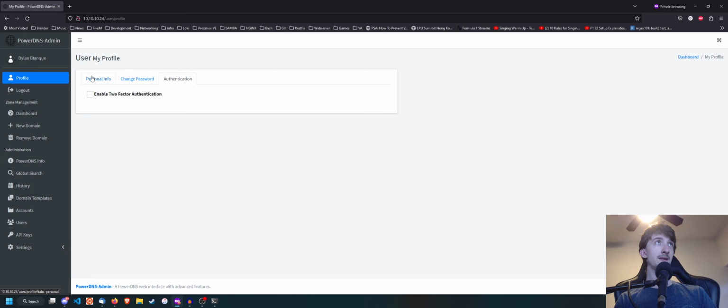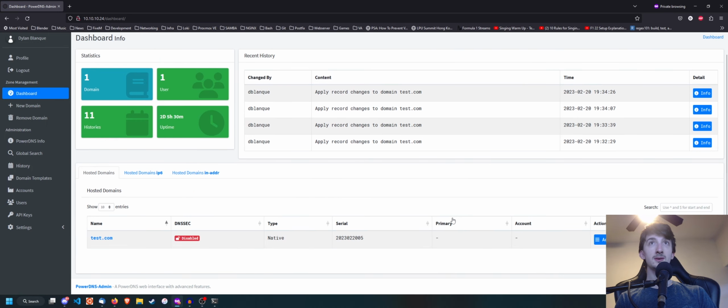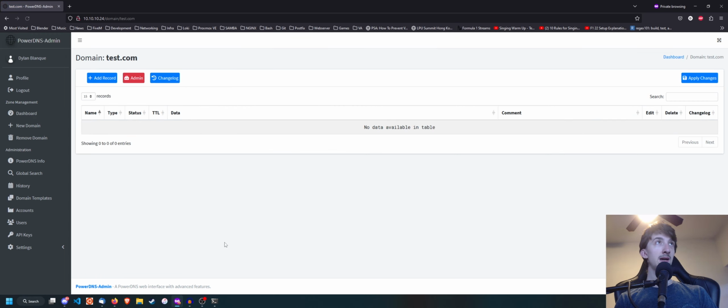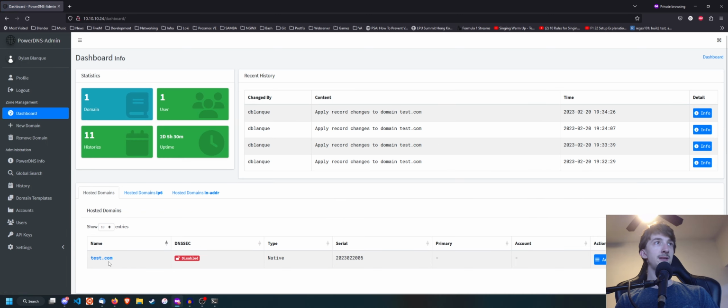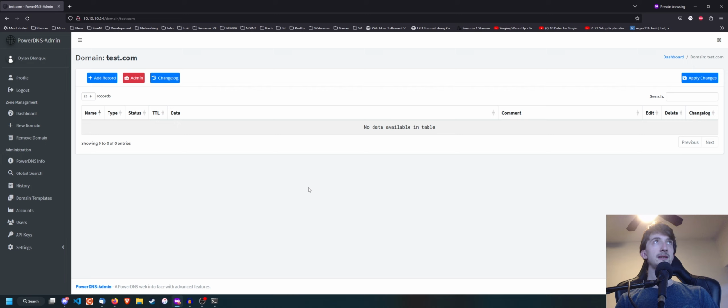I think as far as PowerDNS admin goes, I think those are mostly all the options that I've seen that are important, that are useful, that I can show you and explain to you that you might not. Mostly the domain root identifier part is the complicated part, but it's all pretty straightforward and simple to use. So really huge kudos to the guys that did